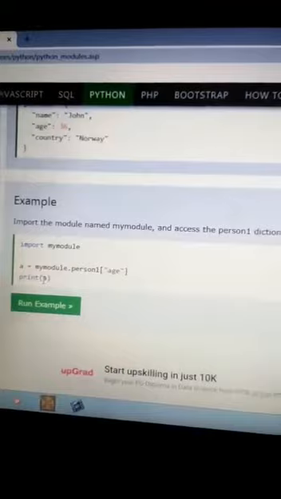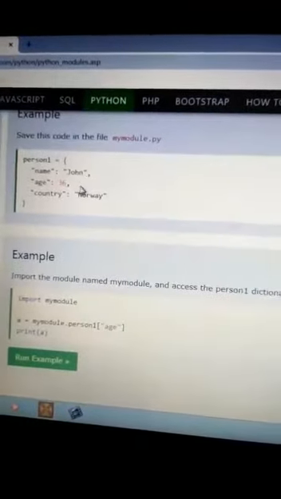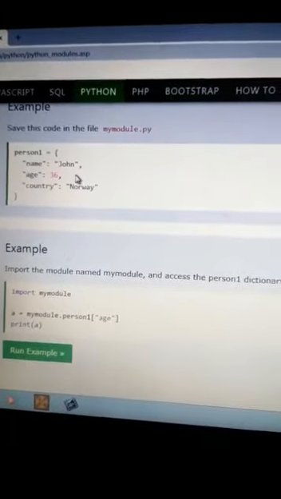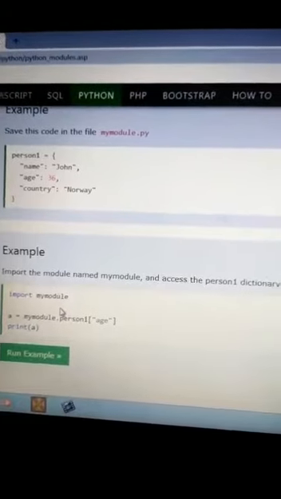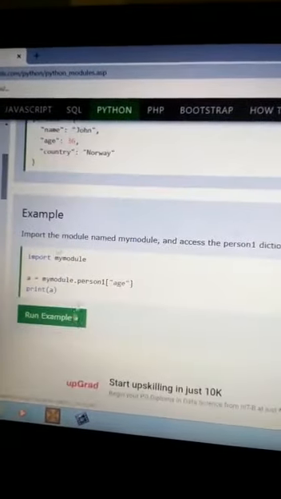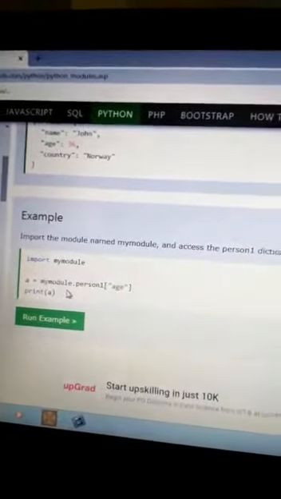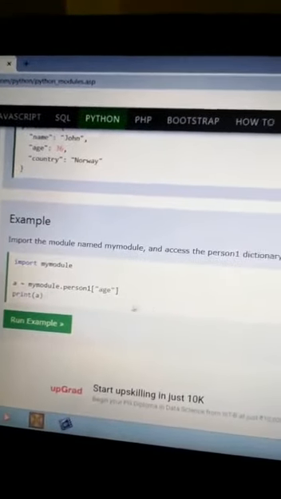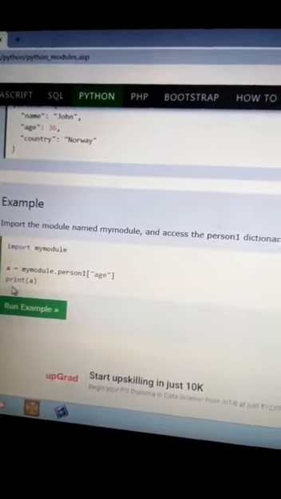See this example. So the above mymodule.py can be imported in another application. So in the second application, import mymodule, a is equal to mymodule.person1 of age, print of a.